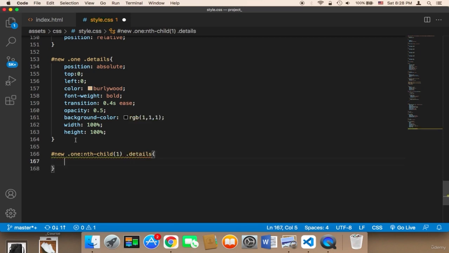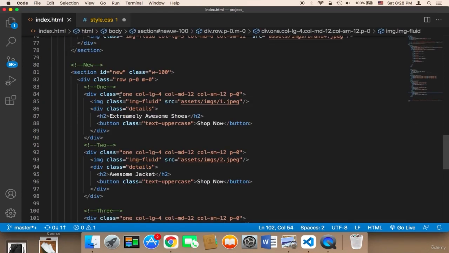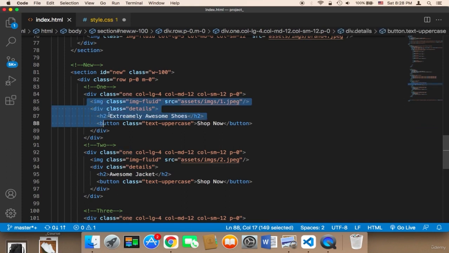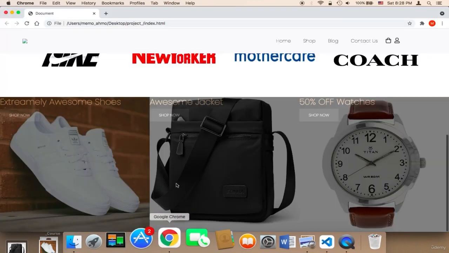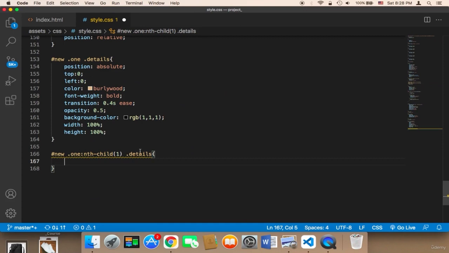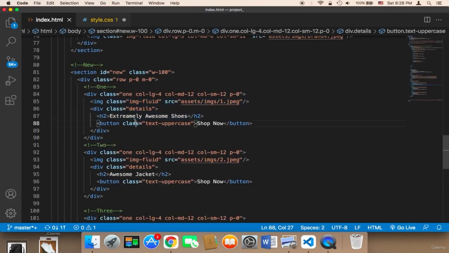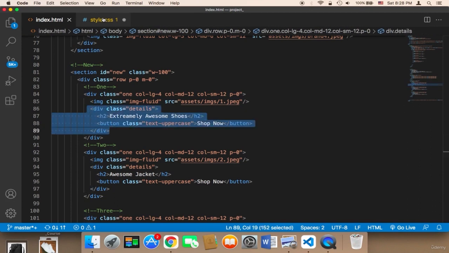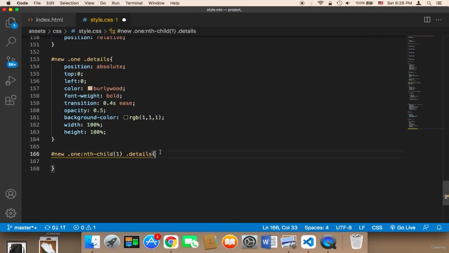What does this mean? This means that I'm accessing the first child of the one, which is this child, which is the details. So I'm basically accessing the details of the first child. So in other words, I'm accessing the first details class,